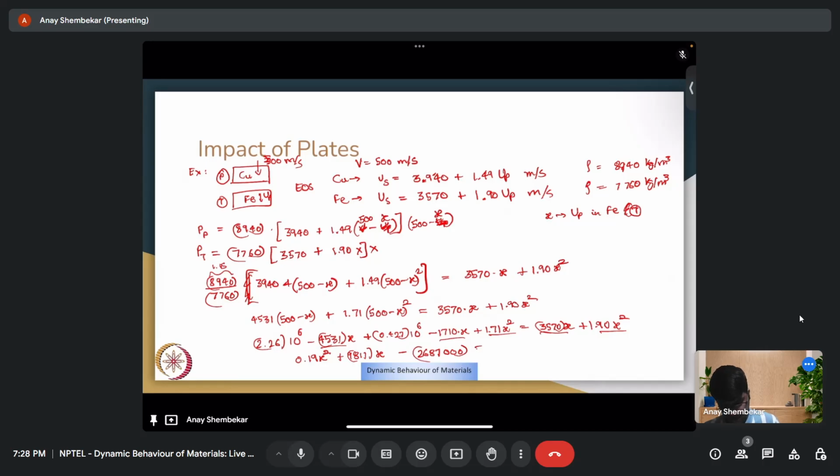Roughly, I've made some approximation, but roughly this is how it would look like. Should give us x is equal to